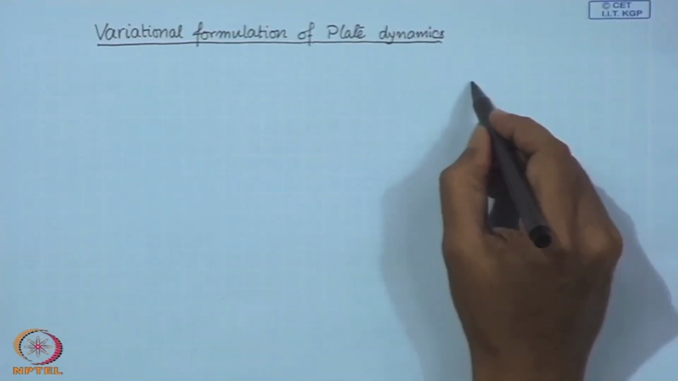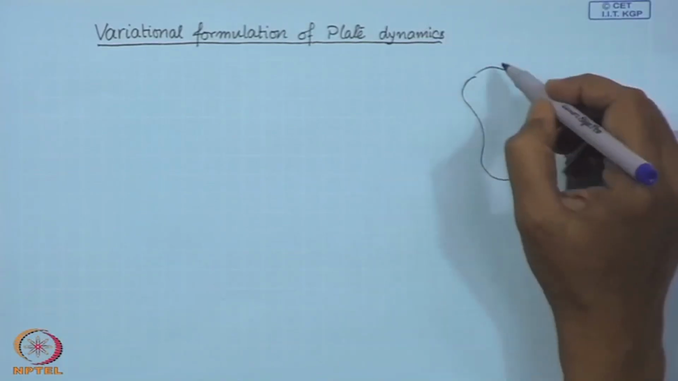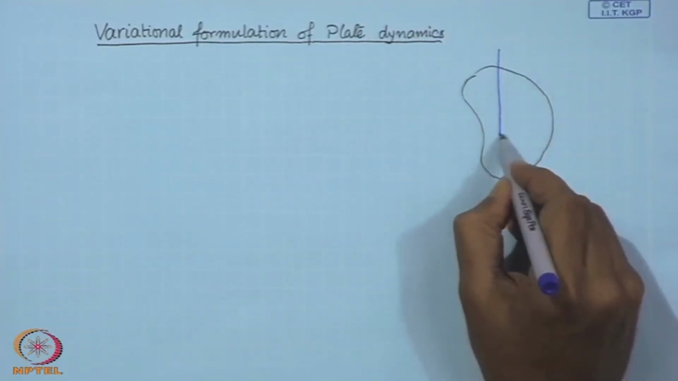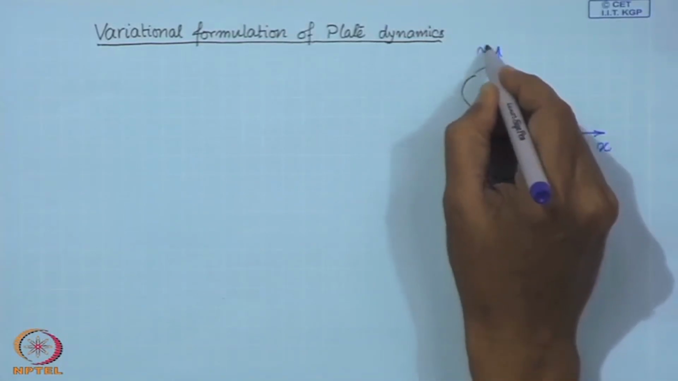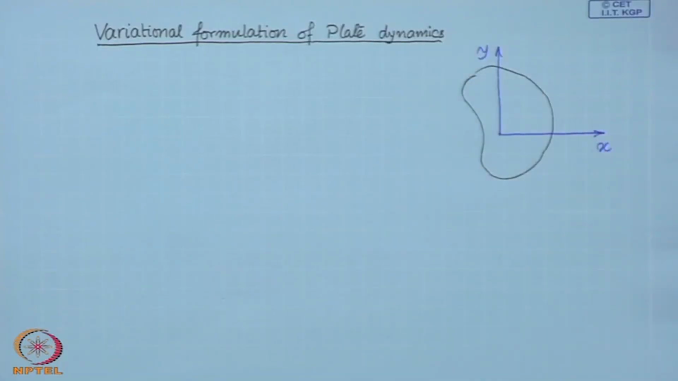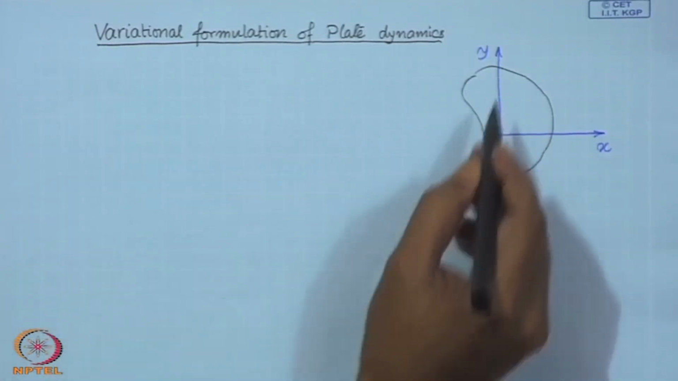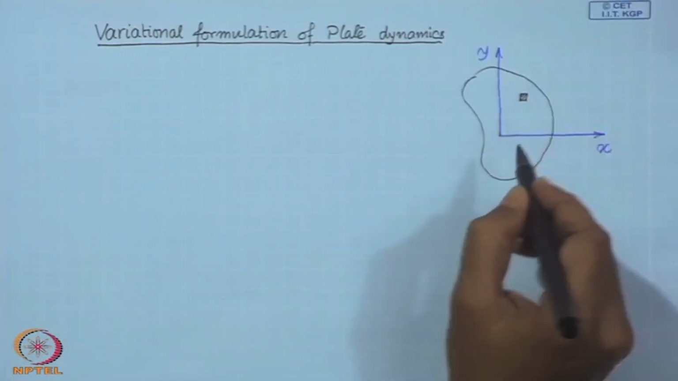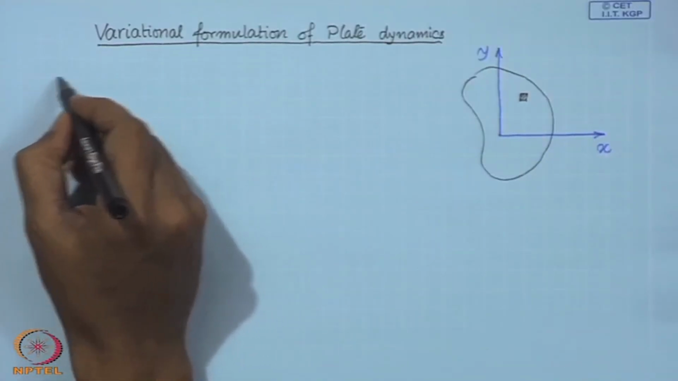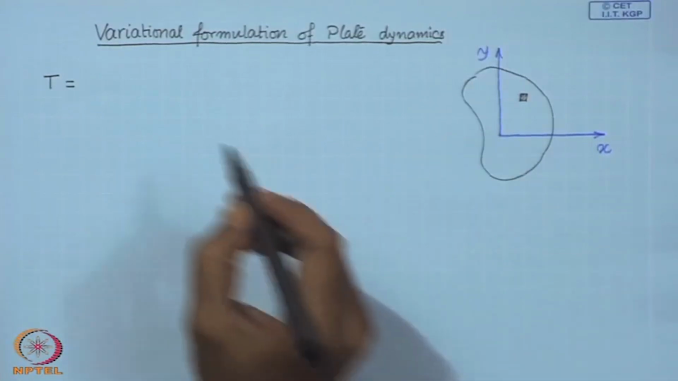So, let us consider a plate now here. When we do the variational formulation, we first write down the kinetic energy of the plate. So, the kinetic energy